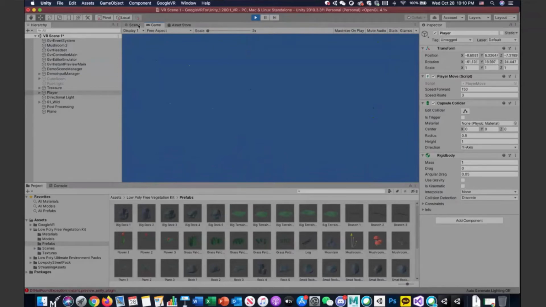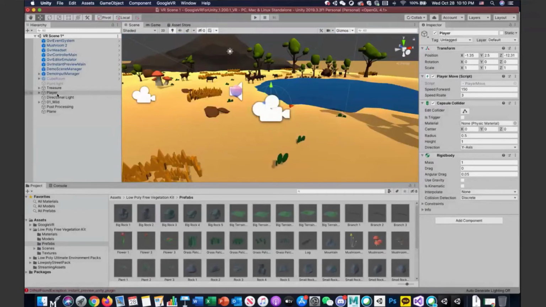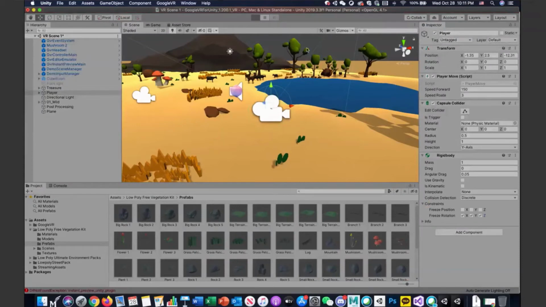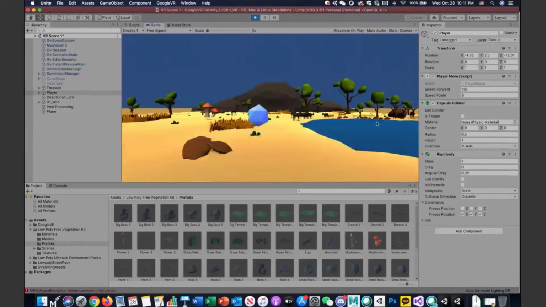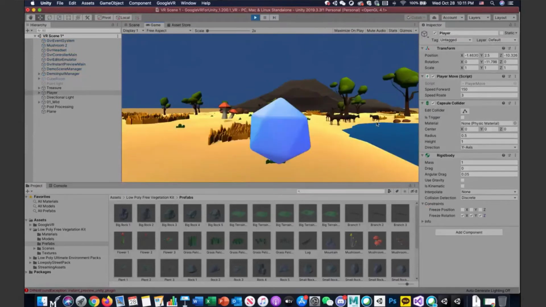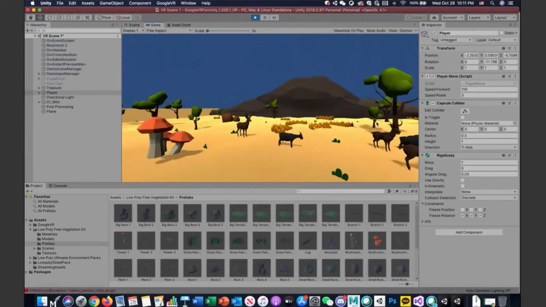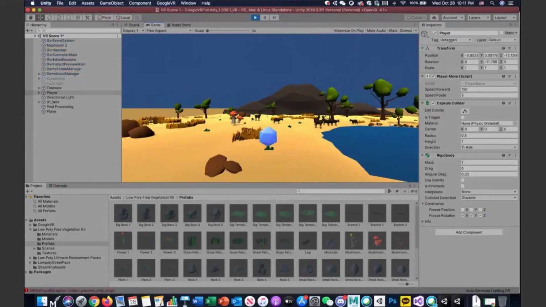Now, to avoid it, I'm going to go to player and open this constraint. Okay? And then I'll freeze rotation XYZ. Now, play. I would bump into this thing. Well, actually, I went over. This is not what I wanted, but